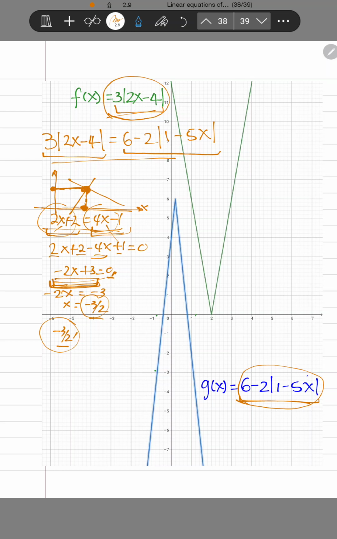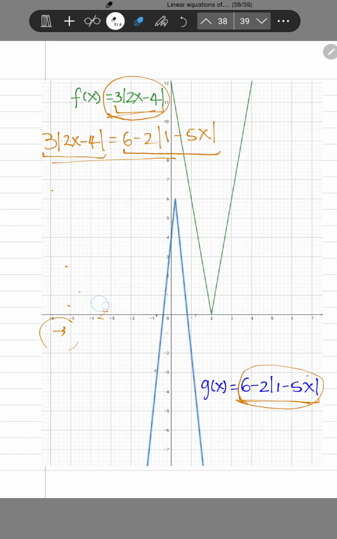Now once I have this one, let's go back to our original question here. It says two absolute values are equal. One is here, 3 times the absolute value of 2x minus 4, is equal to 6 minus 2 times the absolute value of 1 minus 5x. These two are equal means they have an intersection point. If we don't have an intersection point for these two, then the answer is again